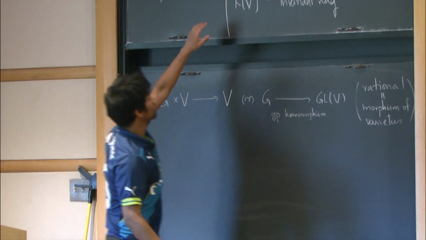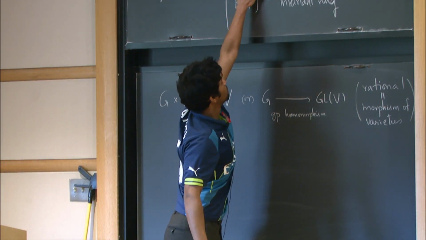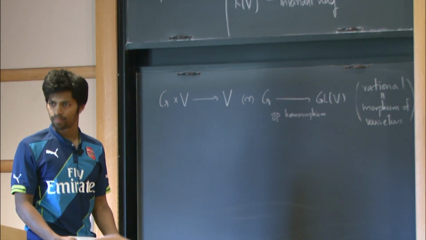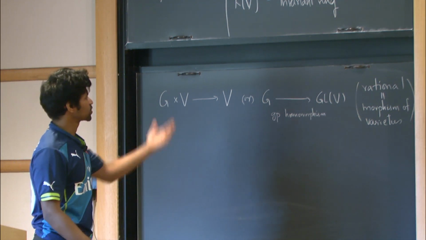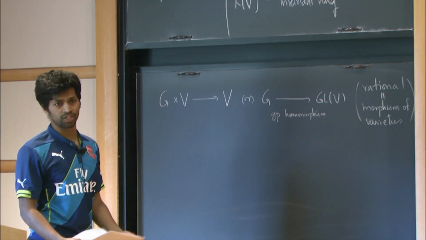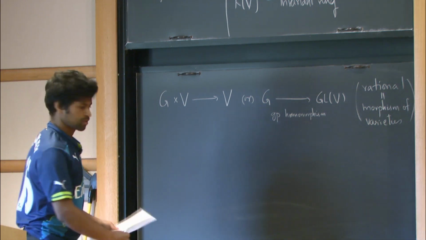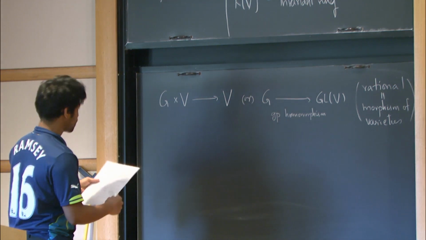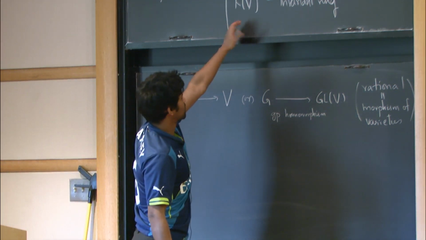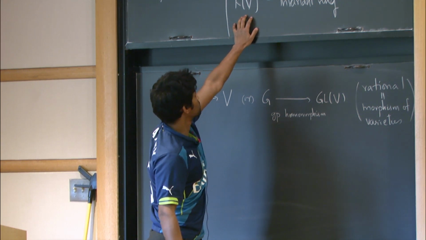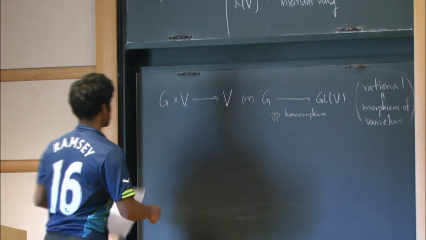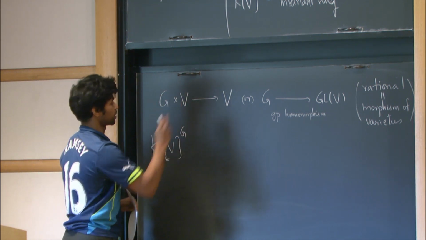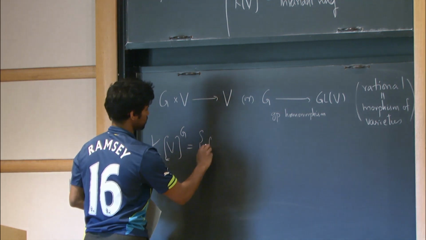Now, the coordinate ring I'm going to denote by K[V], which you can also think of as the ring of polynomial functions on V. So if V is an n-dimensional vector space, then this coordinate ring will be a polynomial ring generated by n variables. And the n variables will correspond to a set of coordinate functions on V. And then I'm going to define the main object that we're going to think about for this talk, which is going to be the invariant ring. This invariant ring is going to be a subring of the coordinate ring, and it's going to consist of all the functions